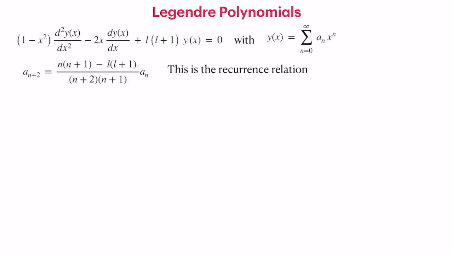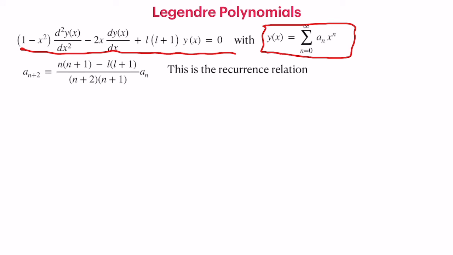So we have a differential equation which is given in the standard form and we have a power series solution given at x equal to 0. It is easy to show that this power series gives the recurrence relation a n plus 2 is equal to n into n plus 1 minus l into l plus 1, divided by n plus 2 into n plus 1. You can see that I have renamed the eigenvalue as l into l plus 1 so that we can terminate at n equal to l.